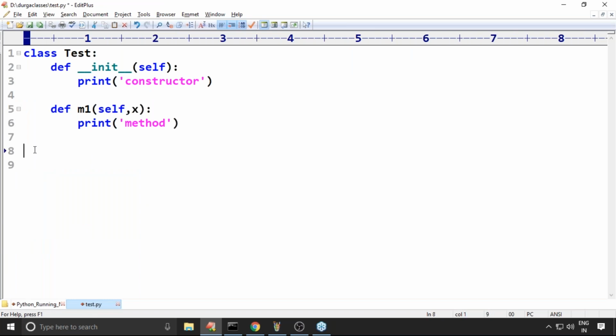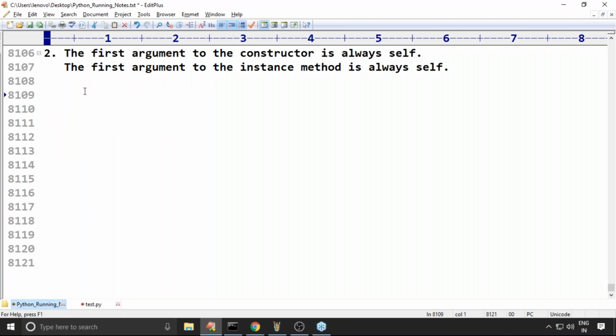Now t = Test(). Can you please confirm, is it valid or not? Respond. Valid, because we are not required to pass a value for self. The self value will be provided by the Python virtual machine.